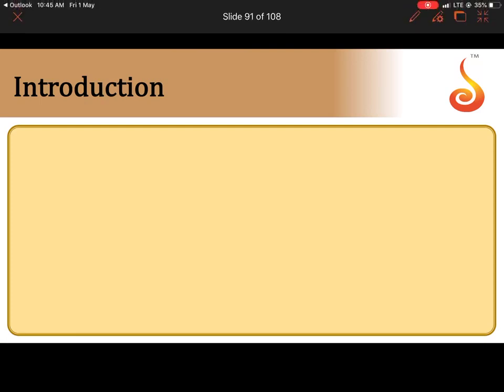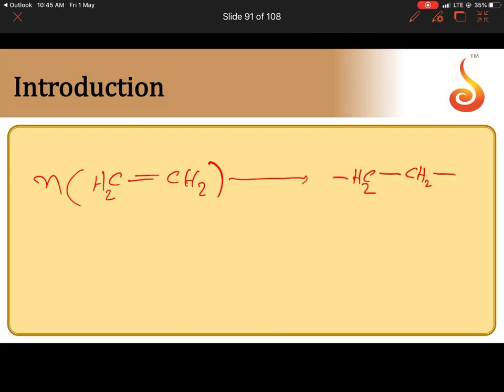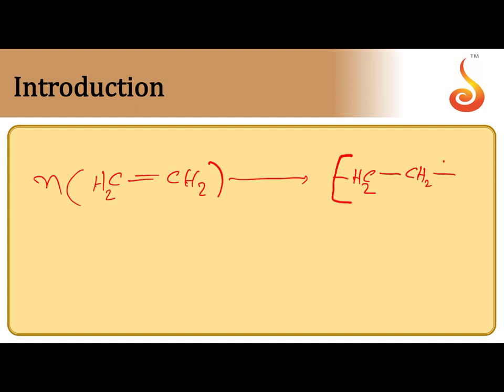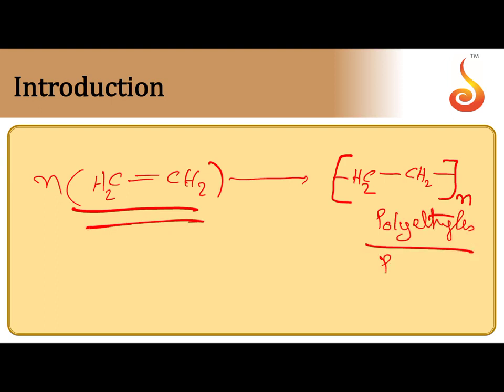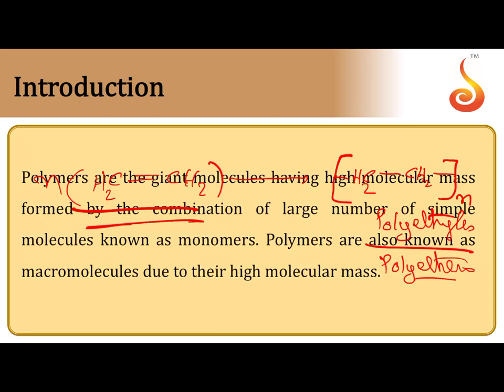Coming to the topic polymers. A polymer is a macromolecule which is formed by the combination of a number of small molecules containing multiple bonds. If you take ethylene, when a number of ethylene molecules are subjected to polymerization, pi bonds are broken. Each carbon gets ready to form a new bond with the adjacent molecule. So this type of repeating unit is formed. Since this is ethylene, the formed polymer is called polyethylene. Or if you take ethene, the product polymer is called polyethene.